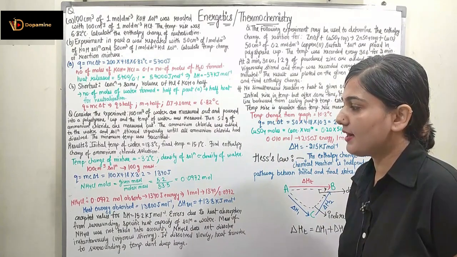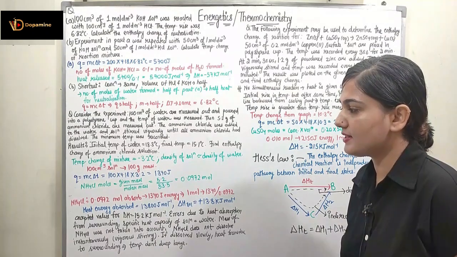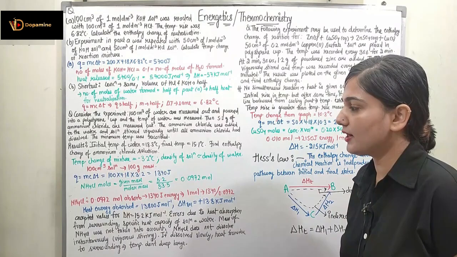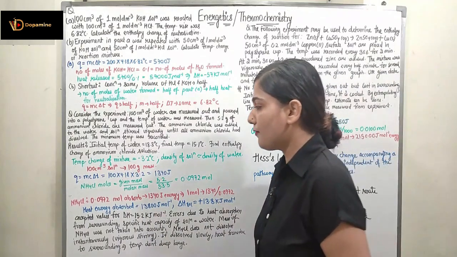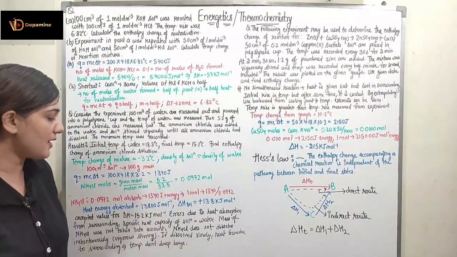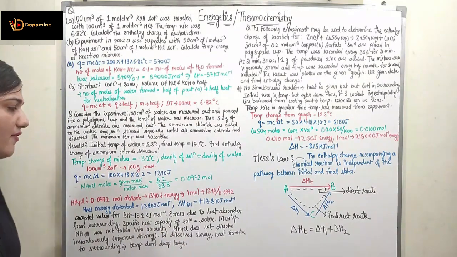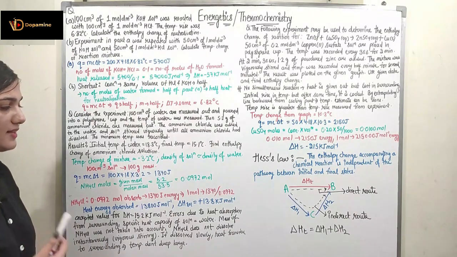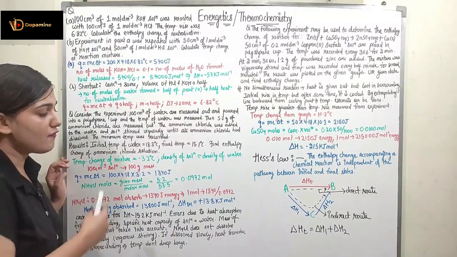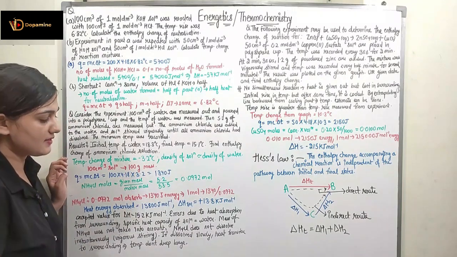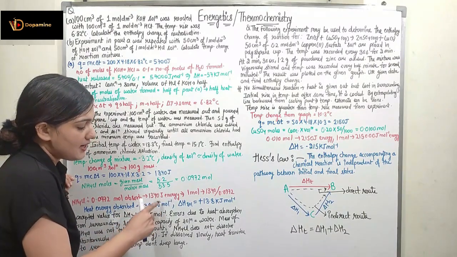Now here mass is 100, and what is C? C is 4.18. Again for the water we are taking the same specific heat capacity. For the solution, 4.18 into the change in temperature, that is 3.2, comes out to be 1340 joule. Now we have to find the NH4Cl moles. How many moles are there? Given mass upon molar mass. Given mass is 5.2. Molar mass for NH4Cl will be 53.5. So the number of moles will be 0.0972. For 0.0972 mole, 1340 joule of energy is absorbed. Now for 1 mole, 1340 divided by 0.0972, the total heat absorbed for 1 mole will be 13800 joule per mole.